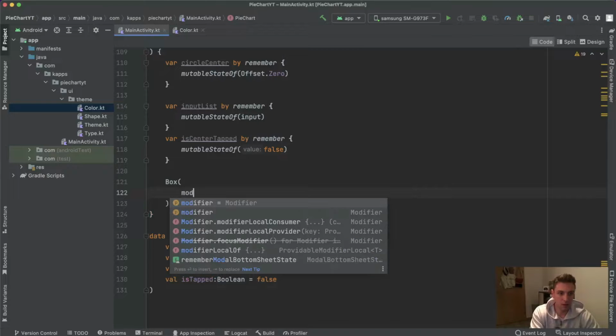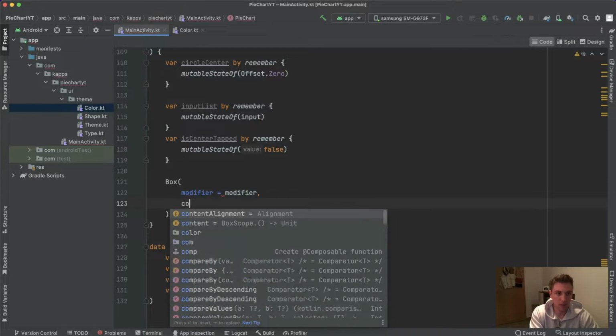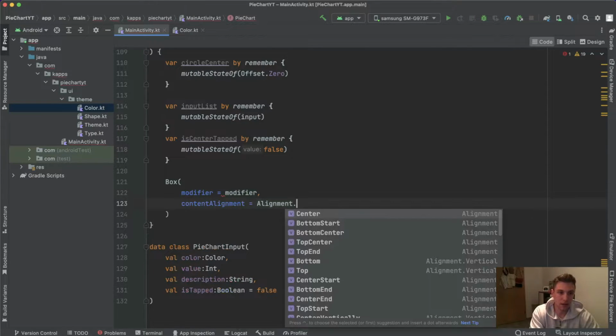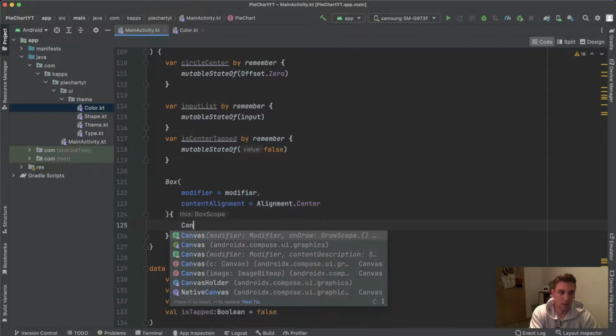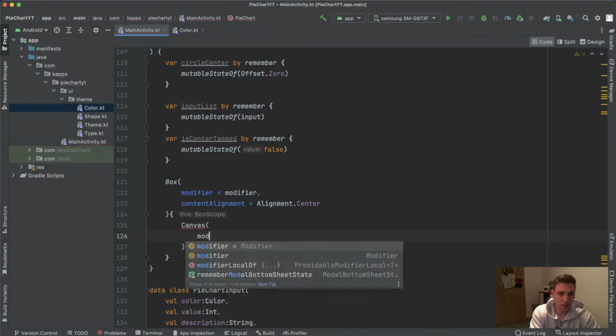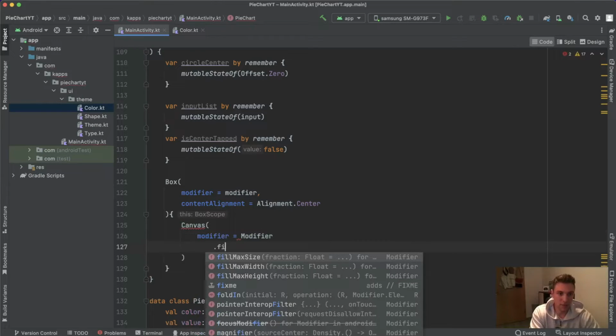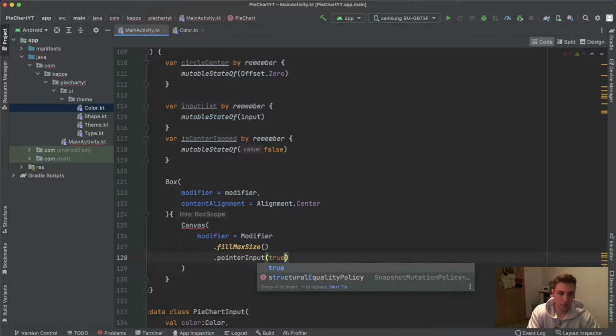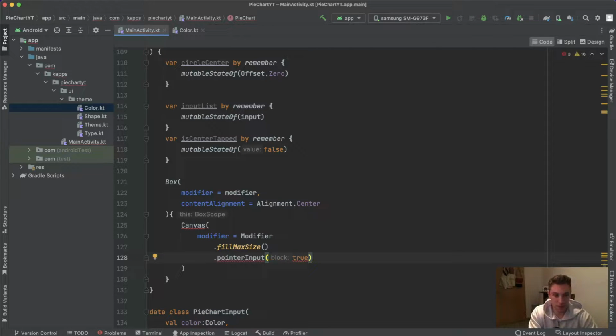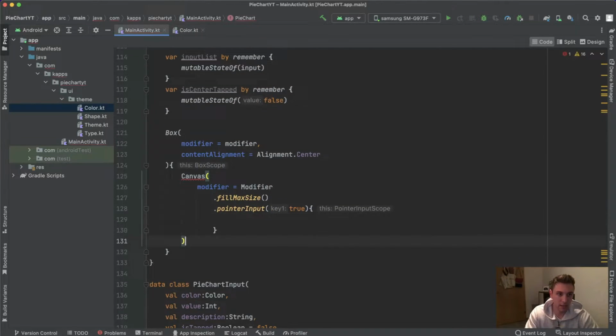Then we will have a Box which takes our passed modifier. The content alignment will be Alignment.Center, and in this Box, we can then start with our Canvas. This Canvas also takes a modifier which fills the max size, and also takes a pointerInput modifier for our tap detection later, but we will first draw the pie chart and care about tap gestures and taps of the